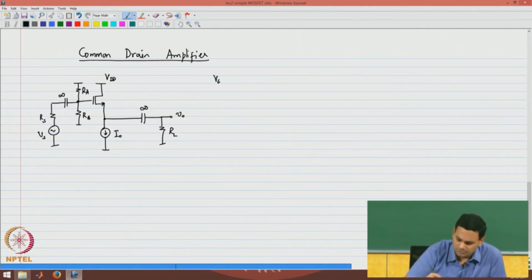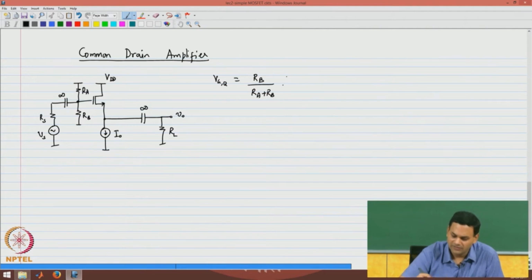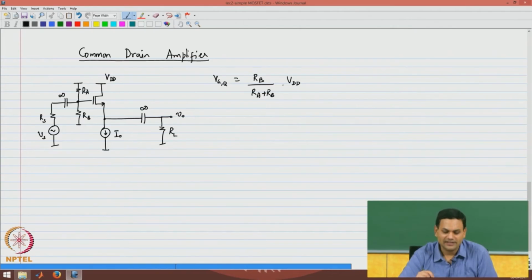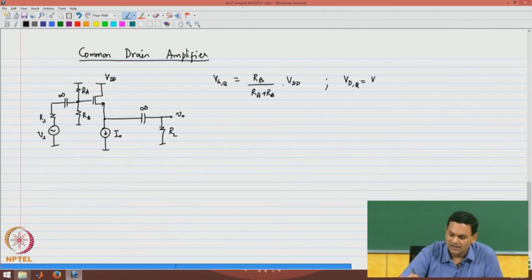Now, the quiescent gate voltage is again RB by RA plus RB times VDD, that happens to be the same as before, but this circuit is slightly different in the sense that it is now the drain voltage that is constant and it is equal to VDD, and the source voltage